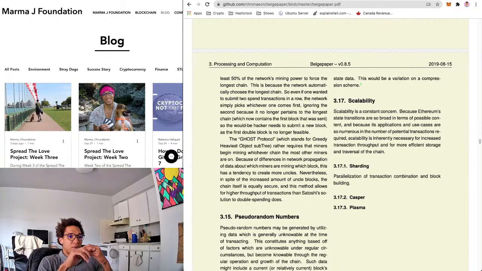So the would-be hacker needs to submit a new block as the first double block is no more feasible. Basically saying that in Bitcoin, if you want to submit a double spend, let's say I spent 10 Bitcoin in a transaction, everyone saw it, it's mined upon, and I spent that money, I got my Lamborghini, I got my car, good job. What they're saying is that if I tried to spend that Bitcoin again somewhere else, I would need to convince the entire network to revert to that new chain. And if I can do that, that's going to cost a lot more than Bitcoin, and go for it, I suppose.